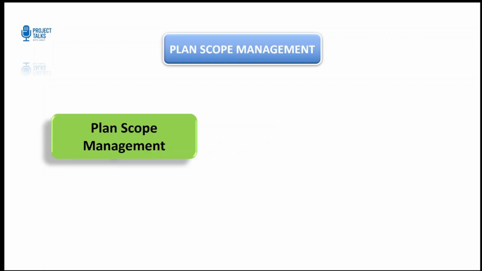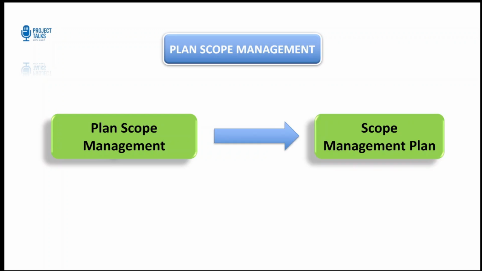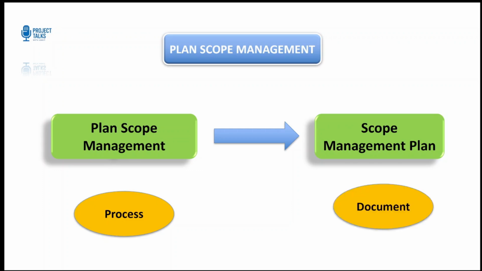Now, the output of this process of plan scope management is the scope management plan. Don't get confused here. Plan scope management is the process that we follow, and the outcome of the process is your scope management plan, which is a document. So, as I was saying,